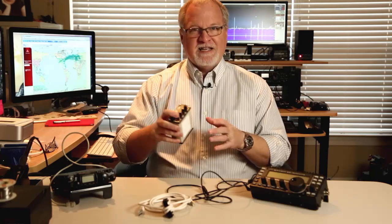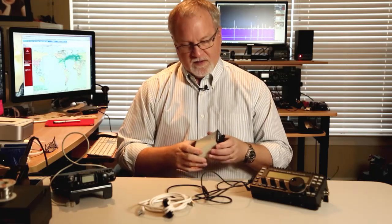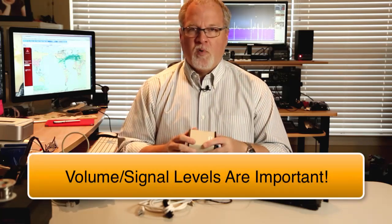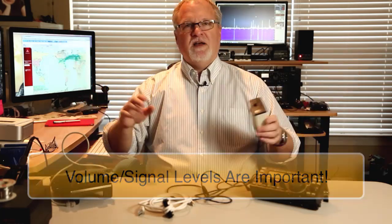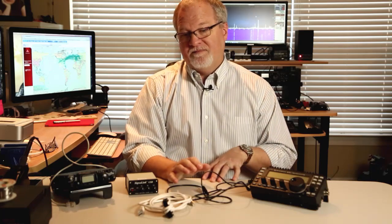Now, last thing I want to talk about, and this is really critical: the volume levels are important. You can't just hook everything up and say, okay, it's going to work, it's fine. Instead, as part of the configuration, you have to make sure that the audio being sent to the radio isn't too strong,